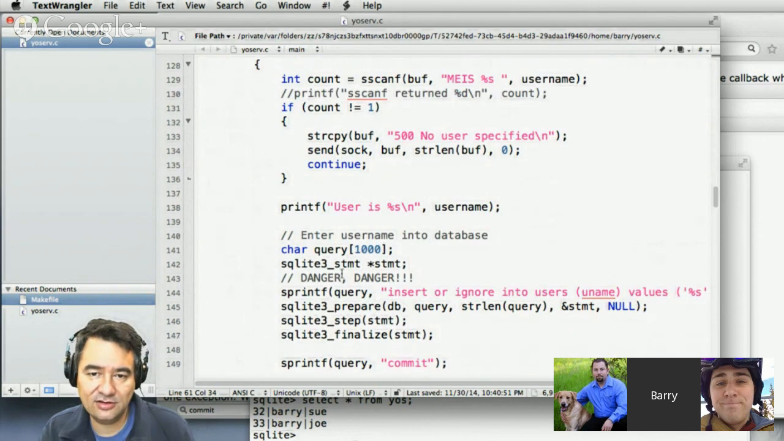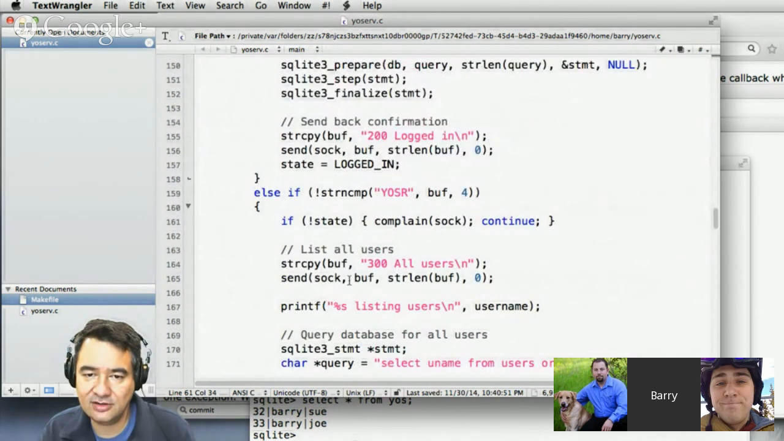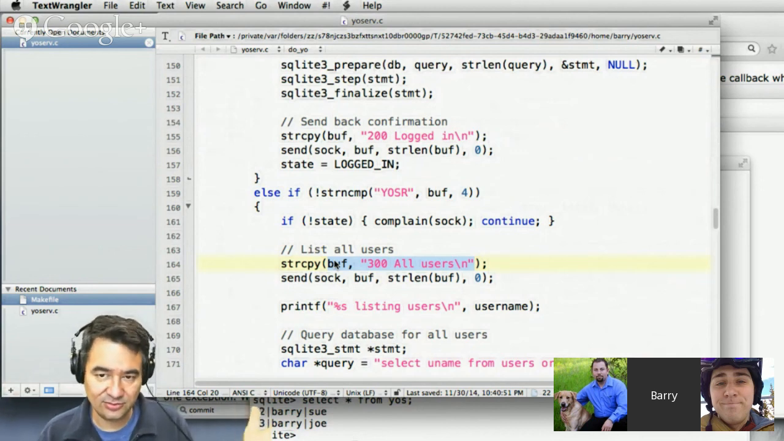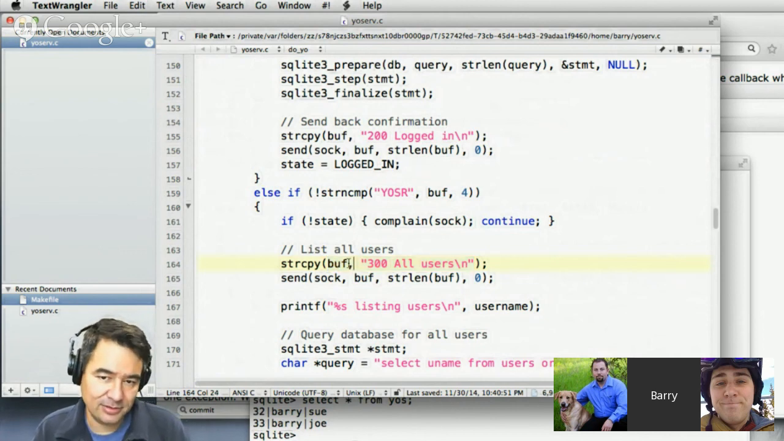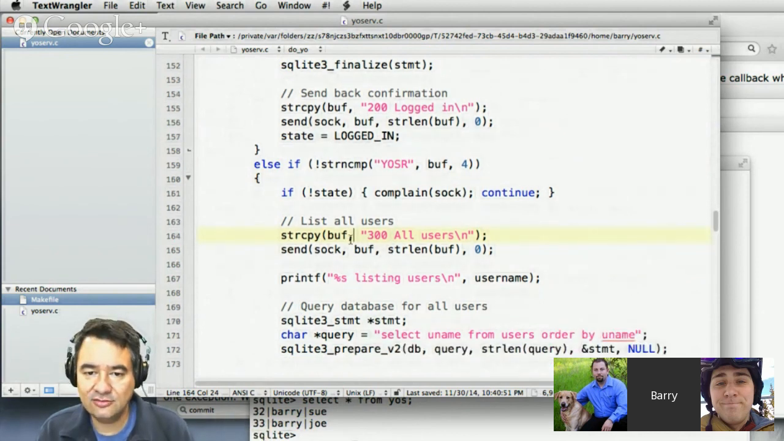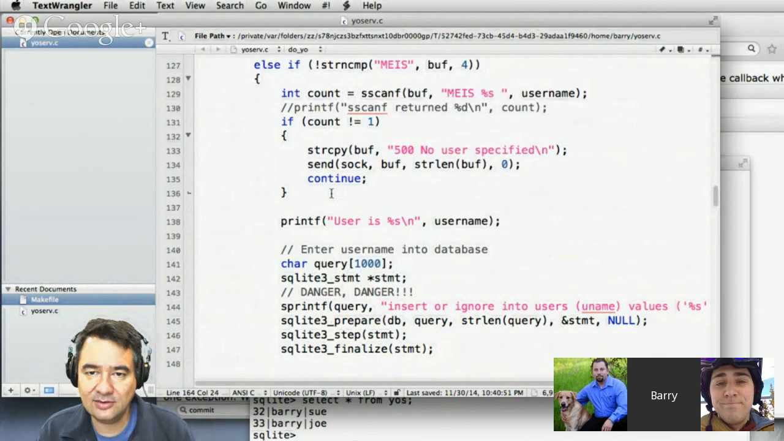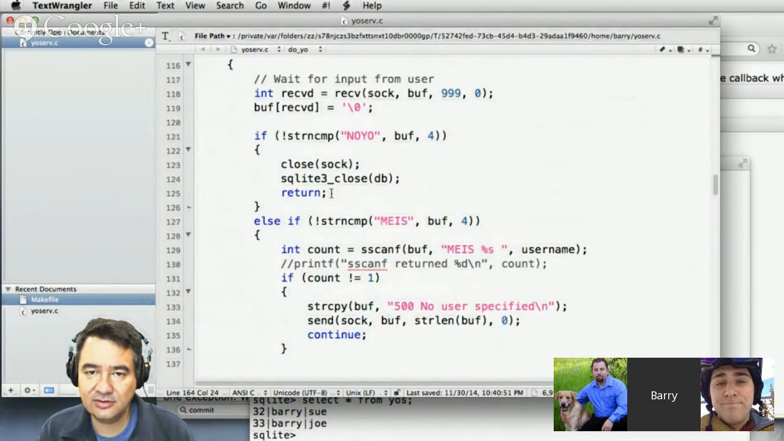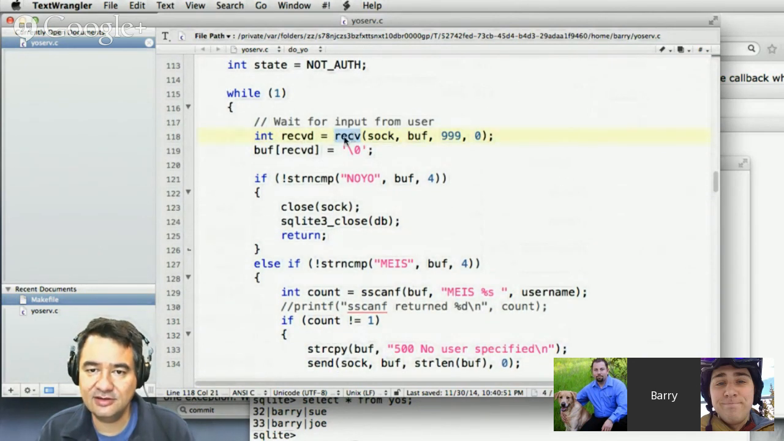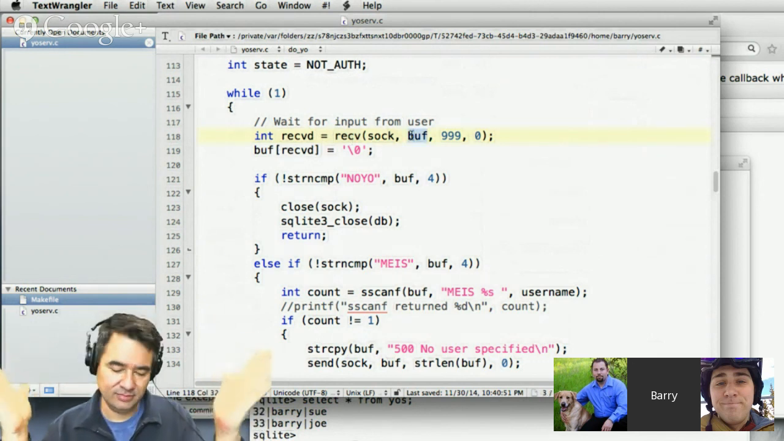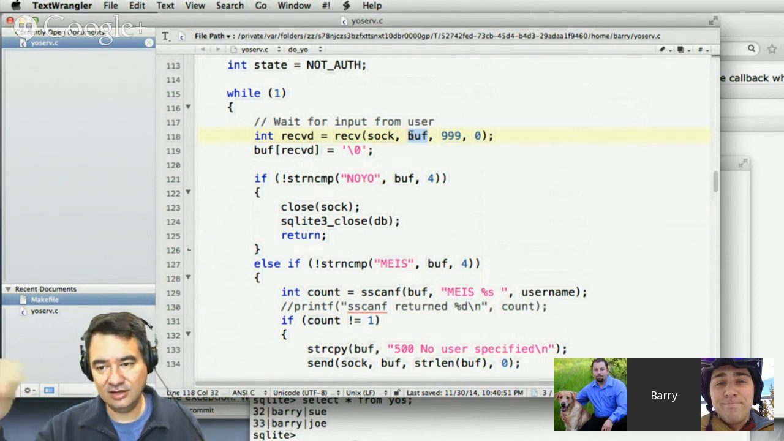What I recommend is that you create this thing called buff, which is just a big character array that's going to hold what you might potentially send to the server. Do a string copy or an sprintf of what you want to send into there, and then just send it. And then to receive something, you do receive, and again, you give it this buffer,